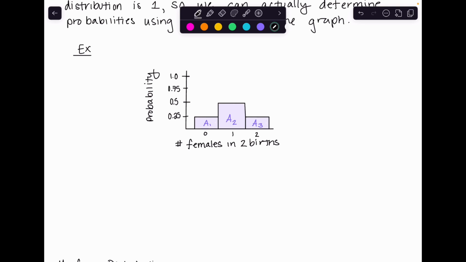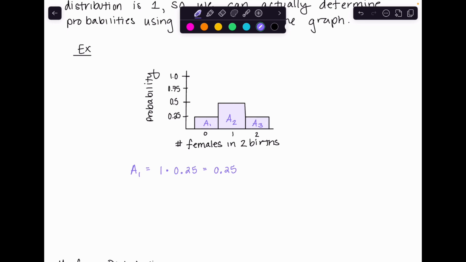So if I break this into 3 regions called A1, A2, and A3, when I go to find the area A1, remember these are rectangles, so it's the width times the height. In this case, the width goes from 0 to 1, so it's length 1. And then the height in this case is 0.25. So it's 1 times 0.25, and this area is exactly 0.25,